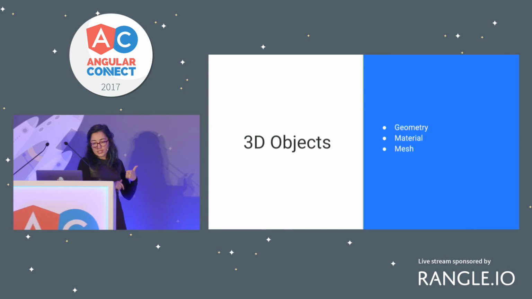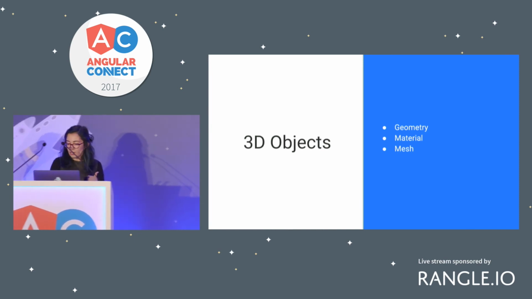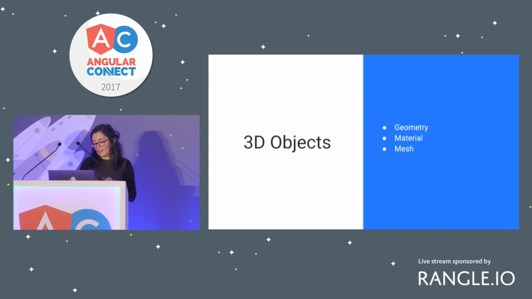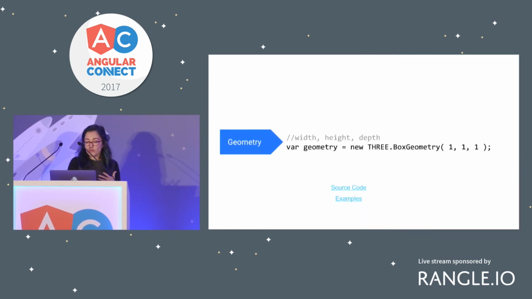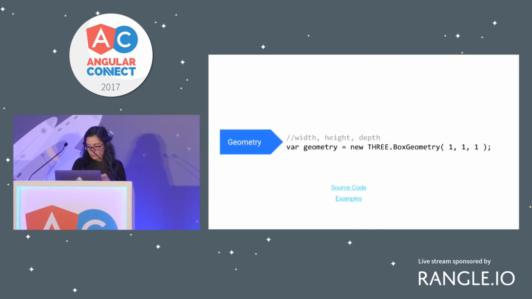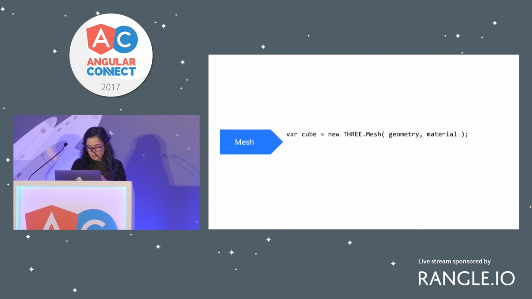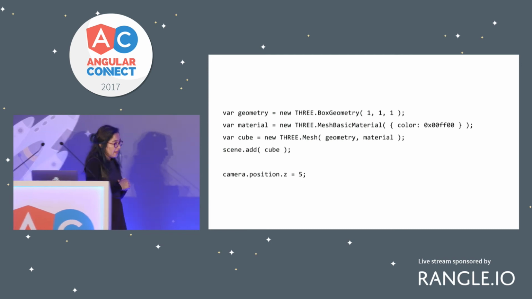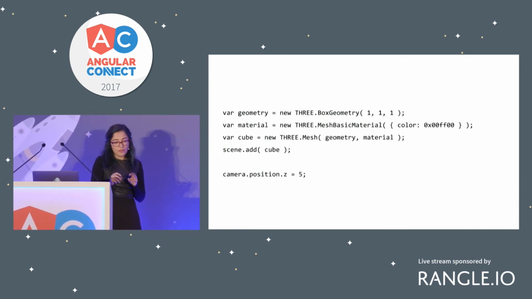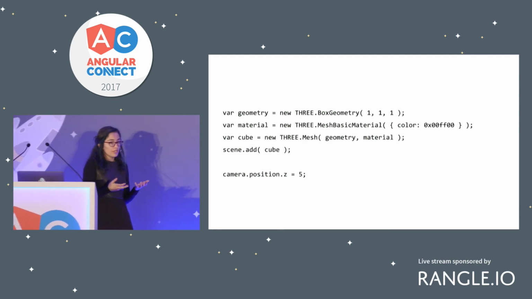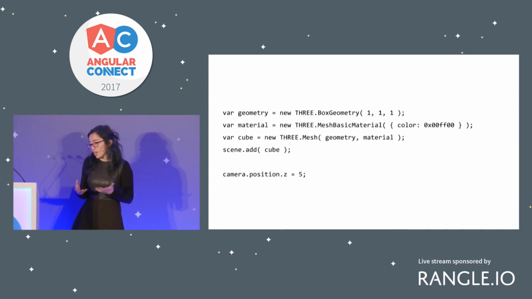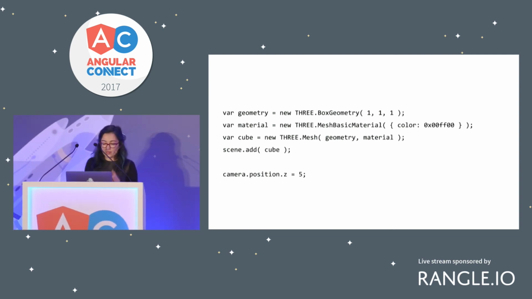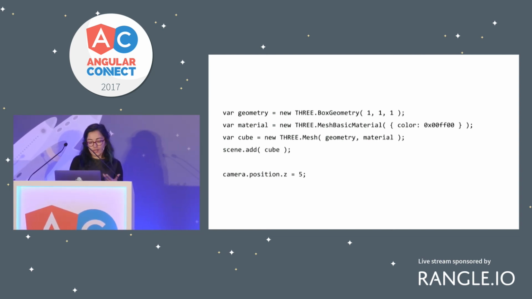So 3D objects, as mentioned before, need three things: a mesh to hold things together, and the material and the geometry. And normally what we do is just initialize a 3D material from Three.js, and then add the material to it. And then once we have the mesh, the whole object defined as the cube, we have to add that into our scene. Remember, I mentioned everything is an object in Three.js. So everything is inside a scene object, so everything has to be added to the scene object for us to be able to see.